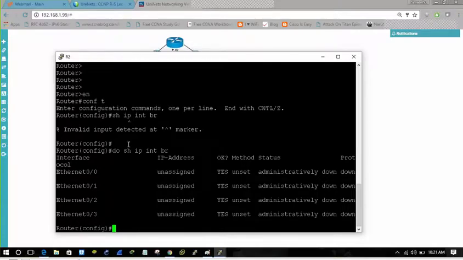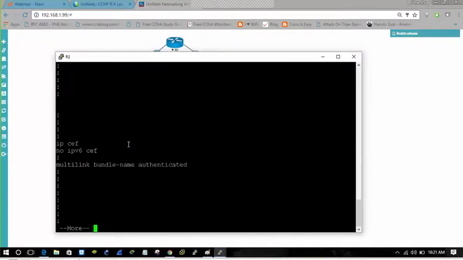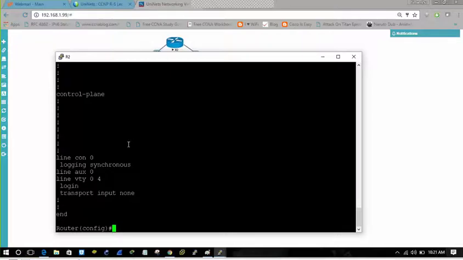There is no IP interface, so let's check for any IP configuration. Do show run. No, the IP configuration is not present, so we will go with the interface. First, let's go with interface 0/1 that is connected to switch 1.